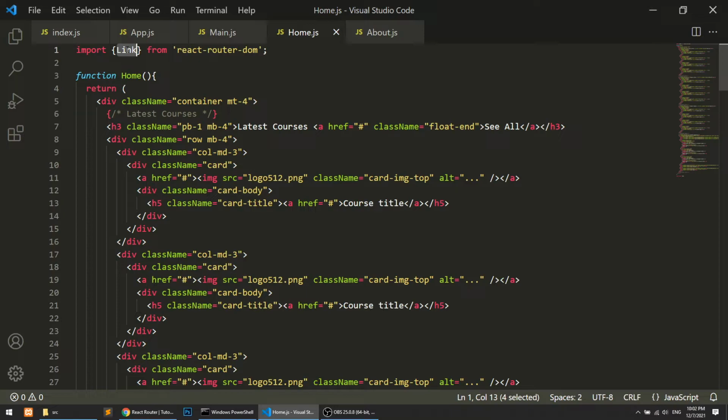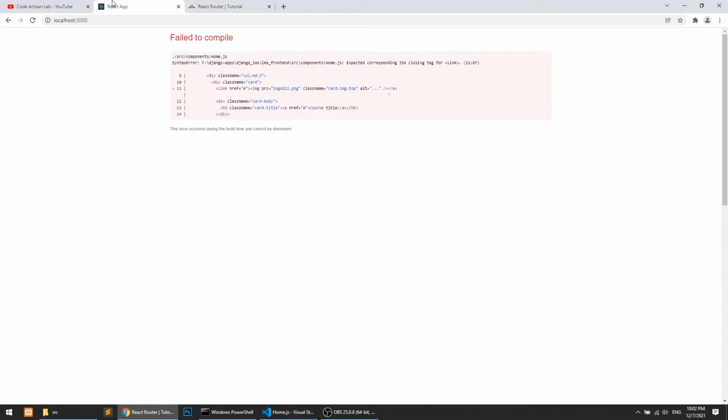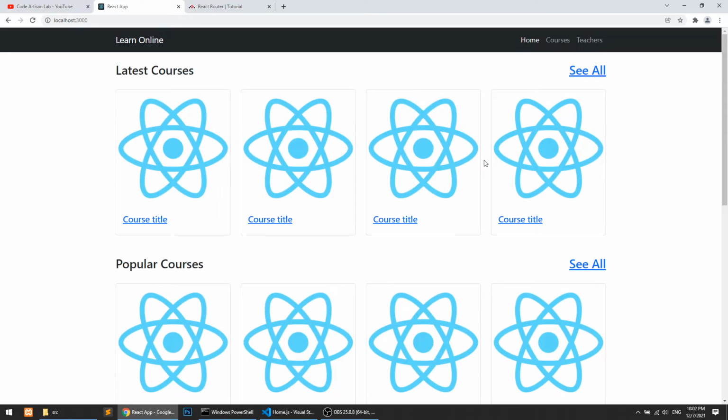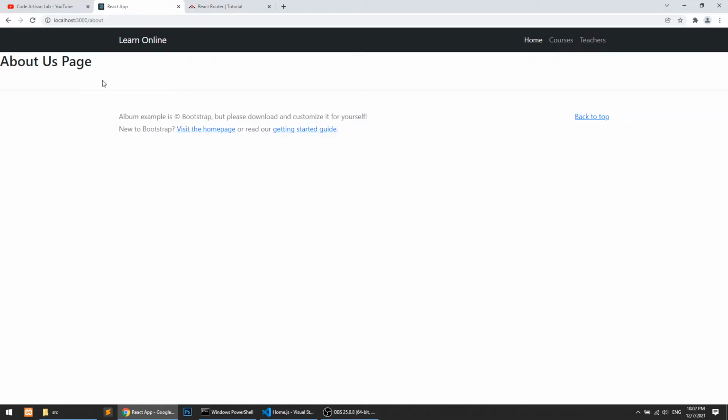So on the place of anchor we will add Link, and on the place of href we will add to, and here we will add about. Let's refresh our page. Okay, it is running, and now if we click on this, here you can see that without reloading the page, it is loading the about us content.